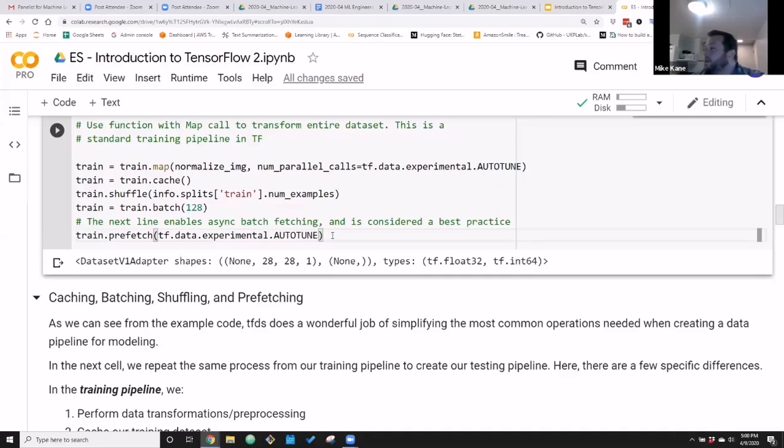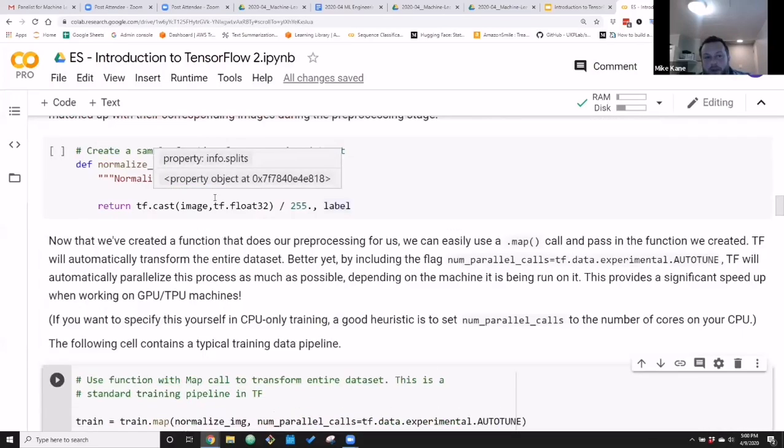I see another question here. What does the train.shuffle call do? That is an excellent question. So again, this is just like calling a randomize function. So picture that I had all this data in my train, and again, info.splits is literally just saying, so if we go back up here, right?